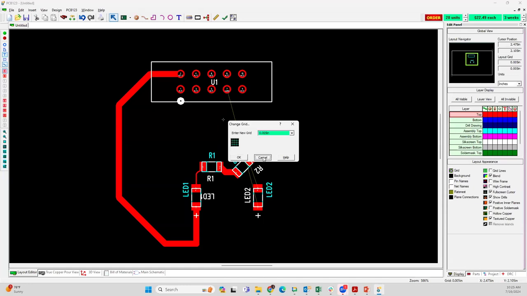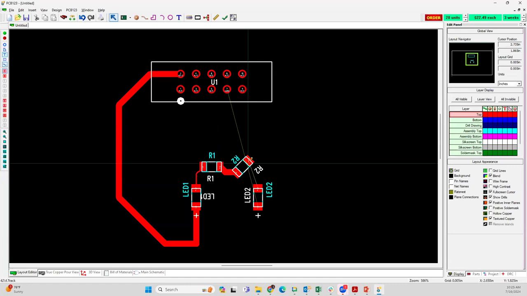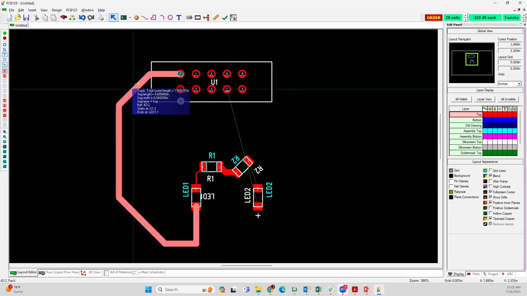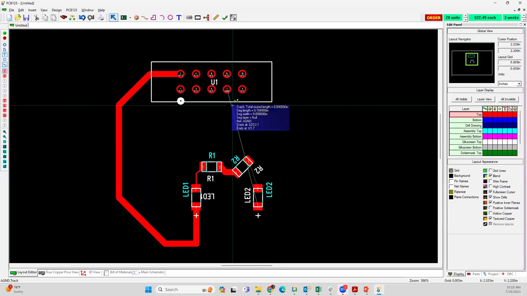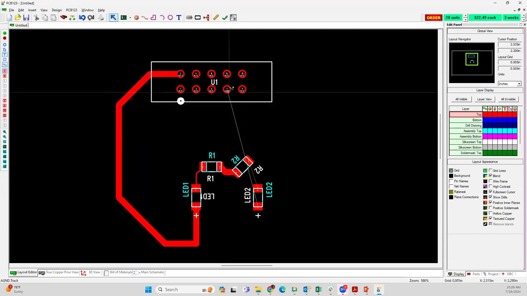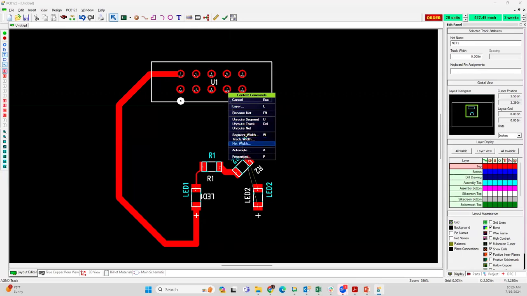It's easy to keep your lines straight. It's easy to keep your corners kind of congruent and your spacing even with a constant grid. You can change it if you're routing with a big wire like this. You're routing 40 mil wires. You can change your grid to 20 or 40 mils so that your wires come out with consistent spacing. But let's just say I want to change this net width to 40 thousandths,